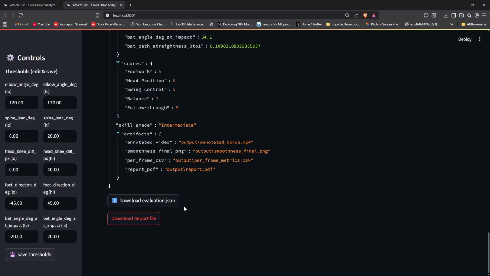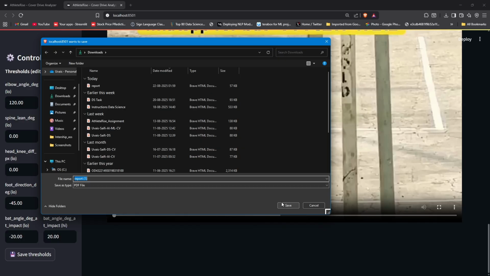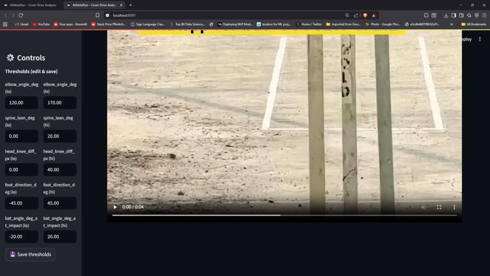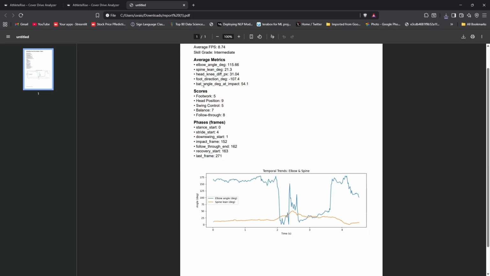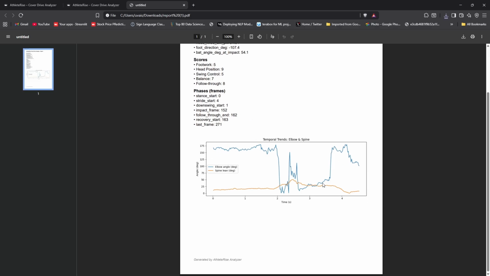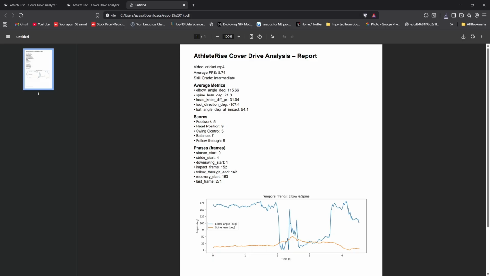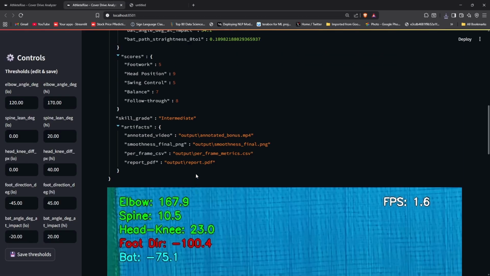And we are going to download the report. Let me show you the report. Here is our report, the Athlete Riser Cover Drive Analysis Report. The video is cricket.mp4, average FPS 8.45, skill grade intermediate, average metrics: elbow angle in degrees, spine lean in degrees, head, knee, score, and the last thing is the graph. That is it, thank you for